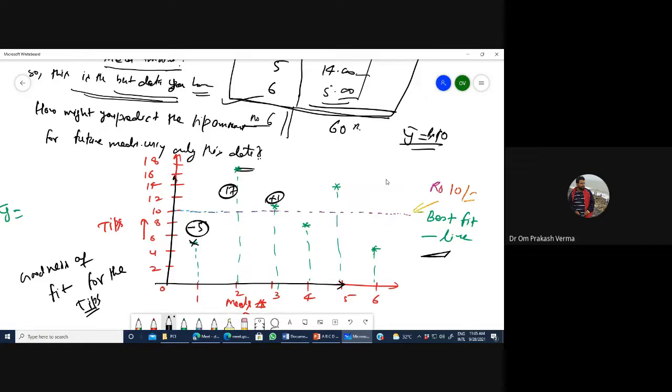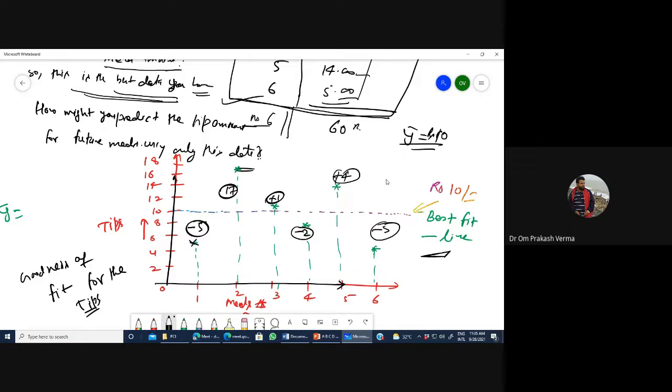What you have done is find out the distance between the data and the reference point, or the fitted line. This will give -2. This will give +4, and this will give -5 again.